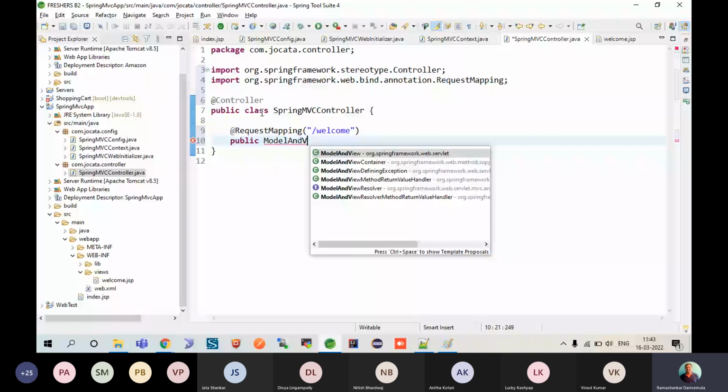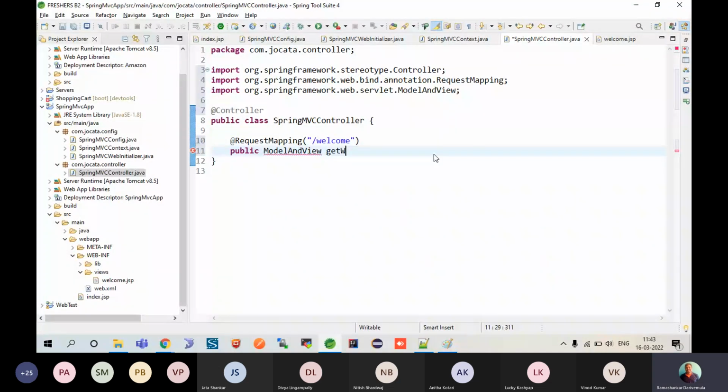Okay, so getWelcomePage. This is what we were speaking about previously, right? So I will simply say return new ModelAndView welcome. So I'm saying return this page, whatever it is, simply return, and it is expected to show